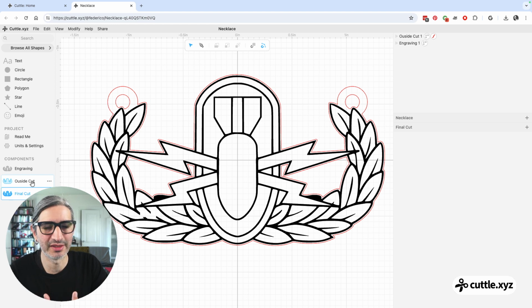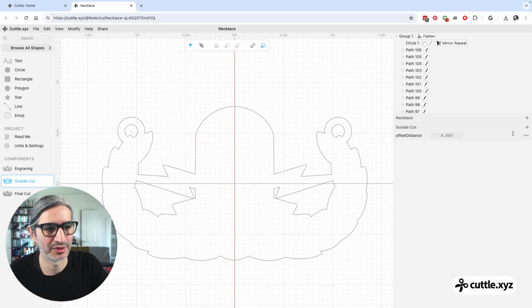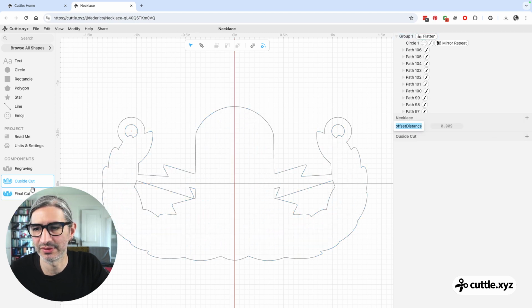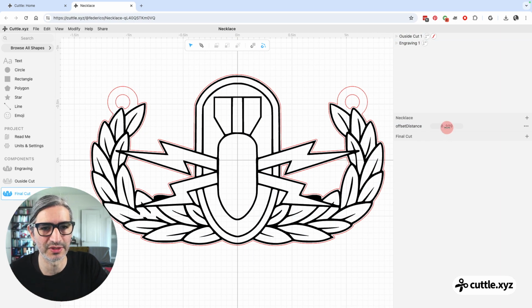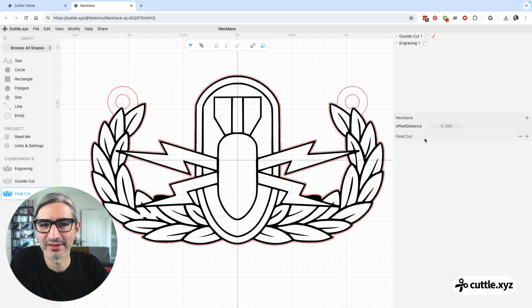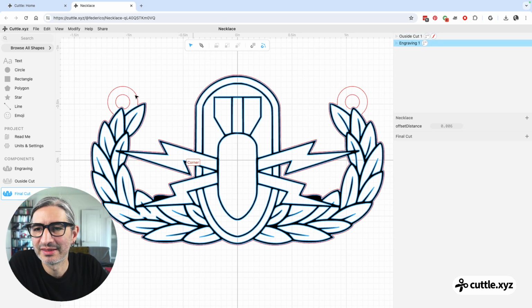But now I want to make that parameter apply to everything in the project. So I'm actually going to move it to be, move parameter to project. So that makes it so it's visible everywhere, and then it applies to anything. So here, I can just add it, and that looks pretty cool. I might have to cut these and send it to the laser to see how it works. And then the next thing I would want to do is probably,